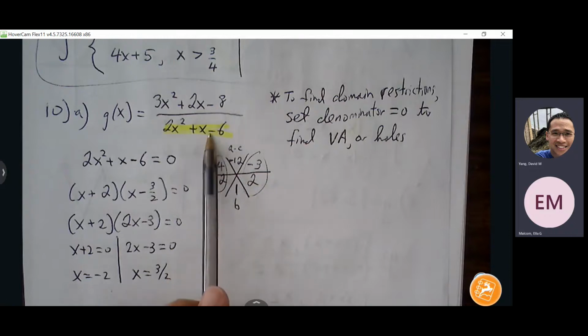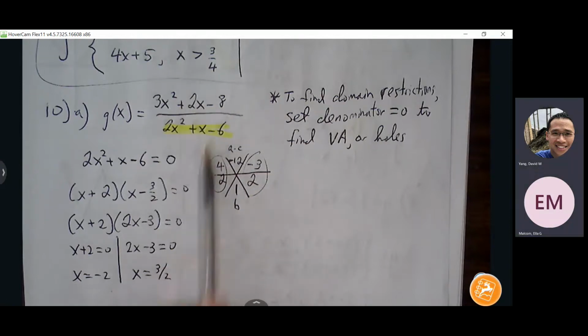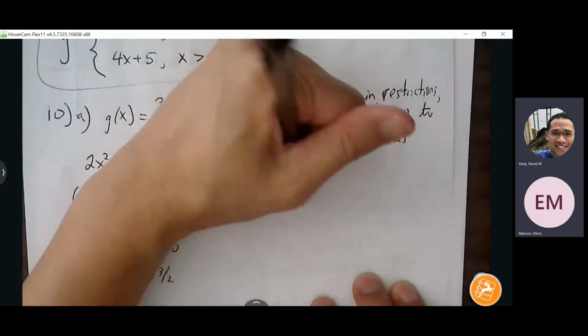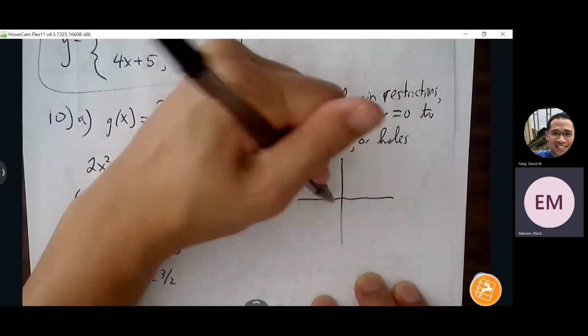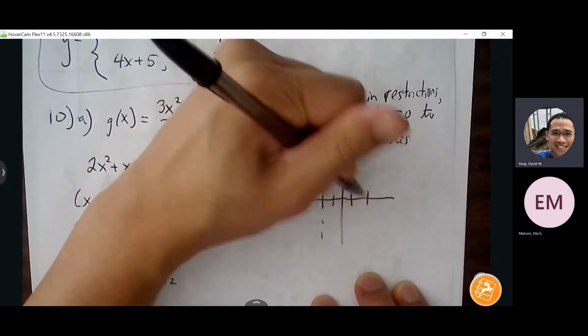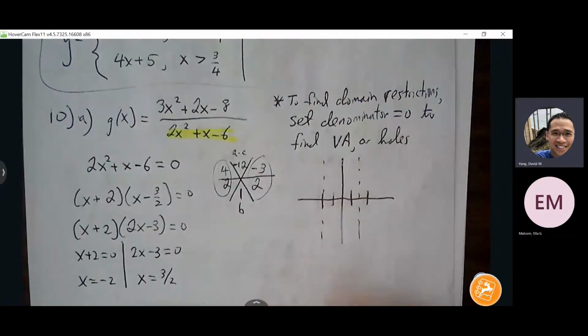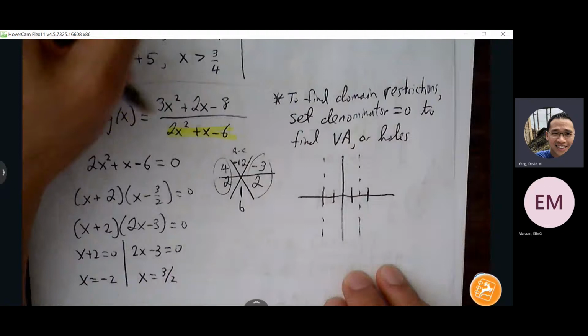And I can't divide by 0, right? If I can't divide by 0, that means this point is not going to show up on my graph. It's going to look something like this, where at -2 and at 1.5, there's going to be a visual break in the graph. So maybe the graph looks something like this, where